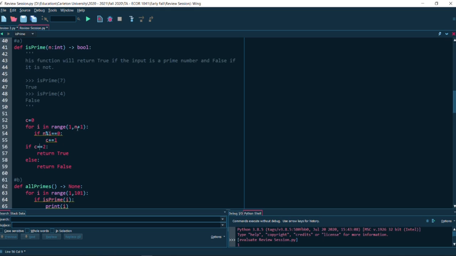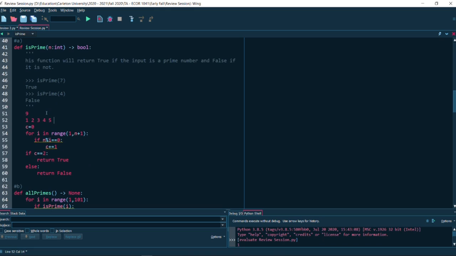Now, I didn't include this, but if you want this program to run faster, if you just think about this problem a little bit more, you'll see that you're checking a whole lot more than we actually need to check. Let's say our number is 9. If I write down all the numbers from 1 to 9, you'll see that right around here is where we just need to stop checking. Because look, 9 is divisible by 1, 9 is not divisible by 2, and 9 is not divisible by 3.